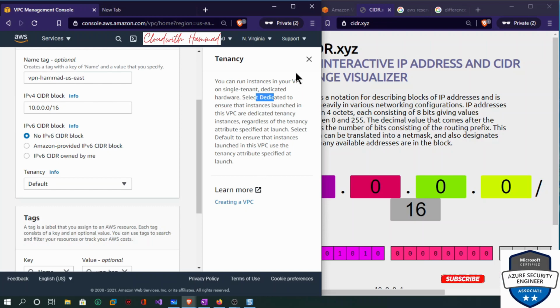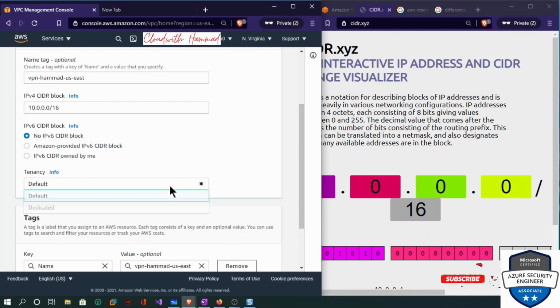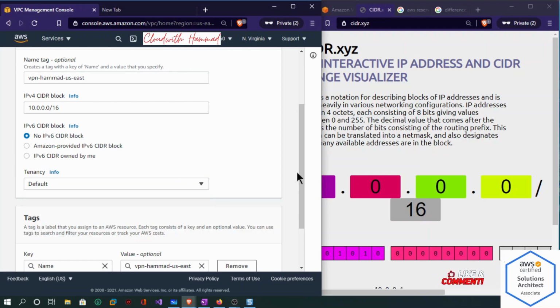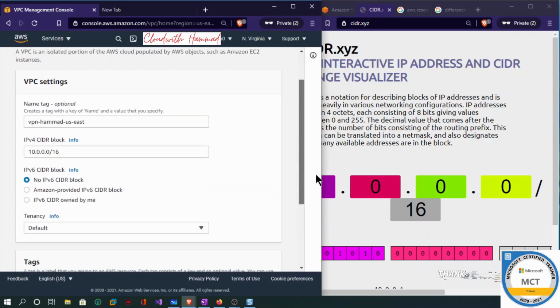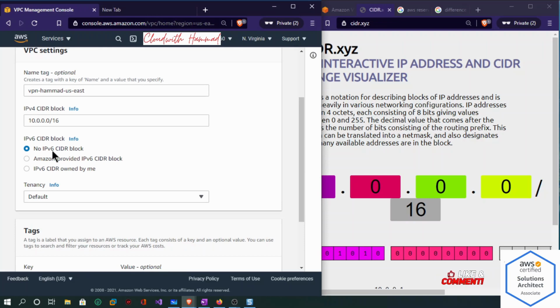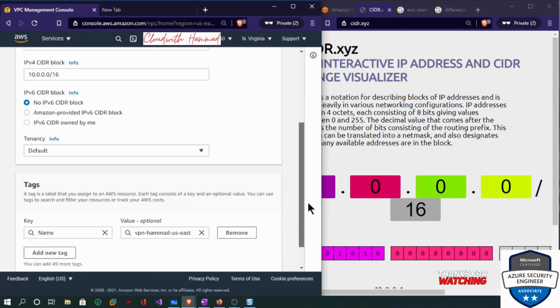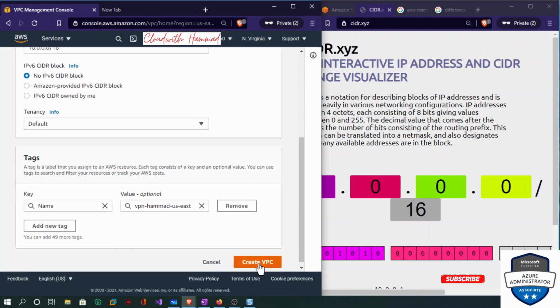So it tells you that if you want your own rack of equipment, you would use dedicated. You can create a dedicated one, or you can just do a default. Then you can tag your VPC, and basically hit create, give the name and CIDR block. I don't want IPv6. In the US, most of the providers are moving to IPv6, which is 128-bit, but I will just keep it to IPv4. Okay. Next,